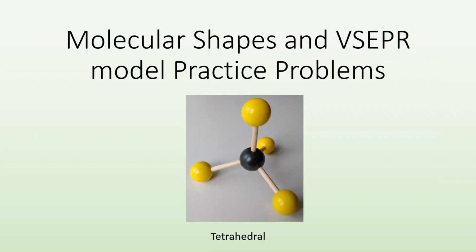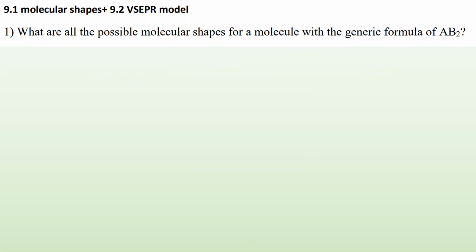Mr. Donahue here again. This time we're going to take a look at molecular shapes and VSEPR, valence shell electron pair repulsion model practice problems. All right, so number one, what are all the possible molecular shapes for a molecule with a generic formula of